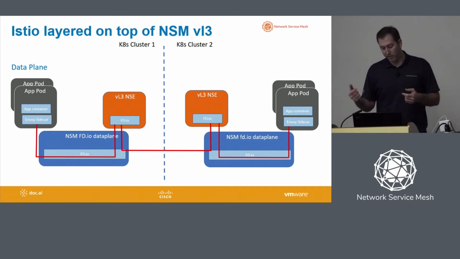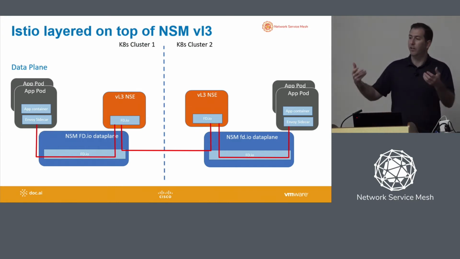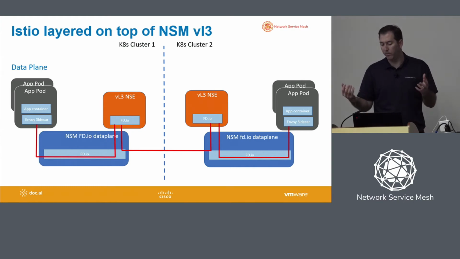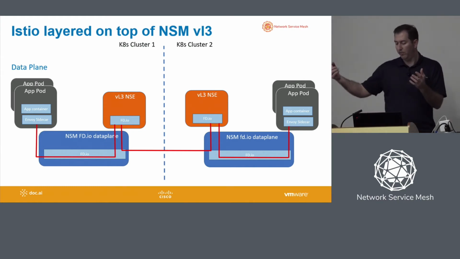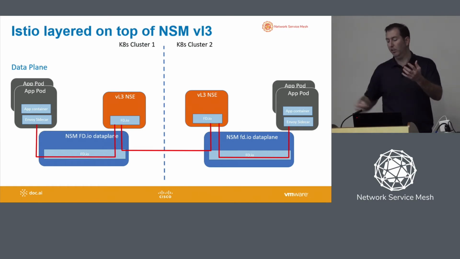When we make it part of the virtual L3 network service, that also gets injected with an NSM init container that causes the request for the network service to happen, and then the data plane for the connection between the application pod and the virtual L3 network service endpoint gets created by the data